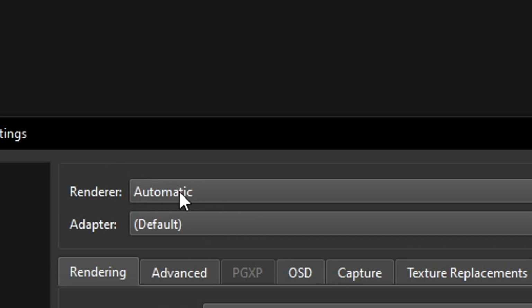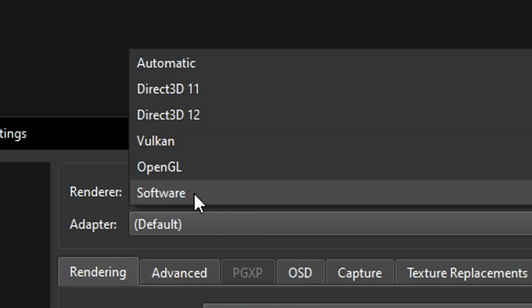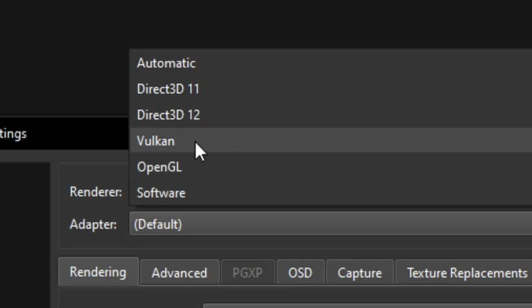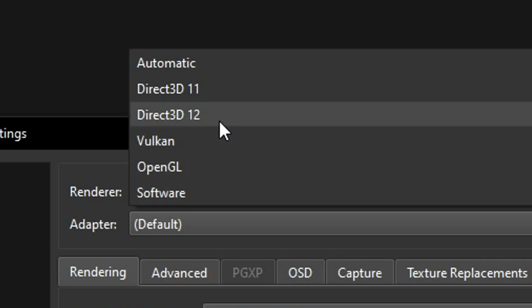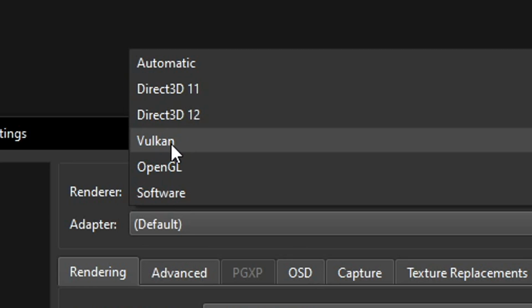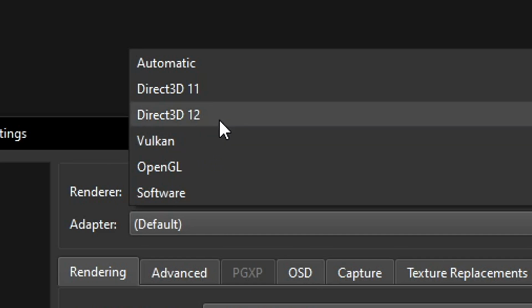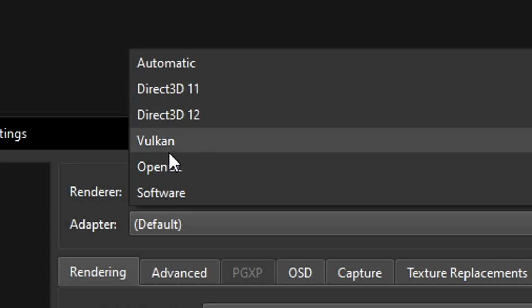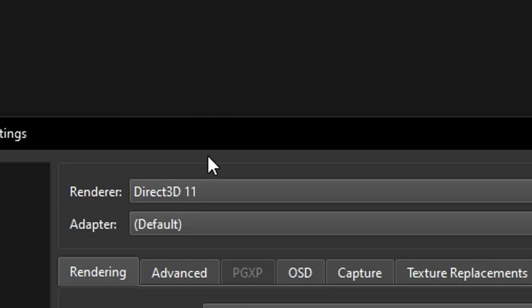Here on the top, you're gonna click here on automatic and you can see the different video renderers that this emulator has. From my personal experience and from checking around, there are two renderers that seem to perform the best most of the time. It is Direct3D 11 and Vulkan. And this is gonna depend on your PC setup, what GPU you have, what CPU you have. So there's no best renderer in this case. So for this one, select either Direct3D 11 or Vulkan and see which one is performing the best for you.